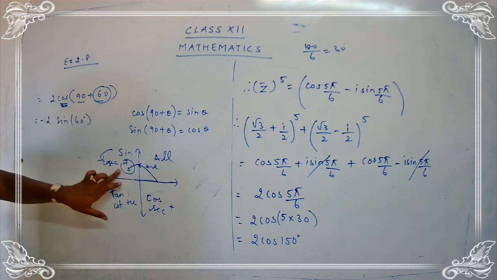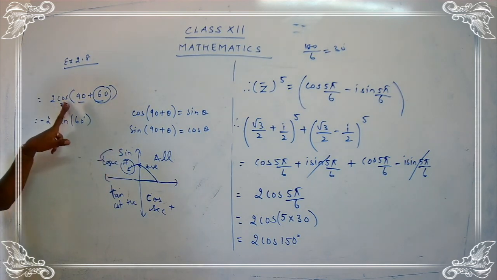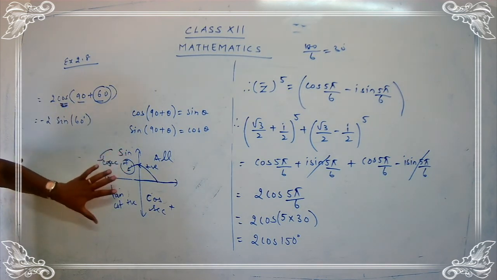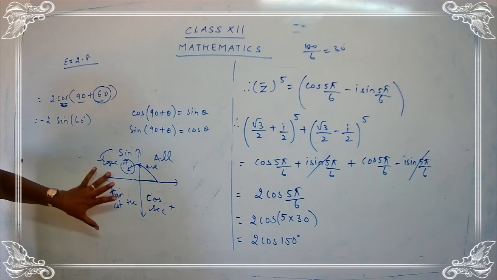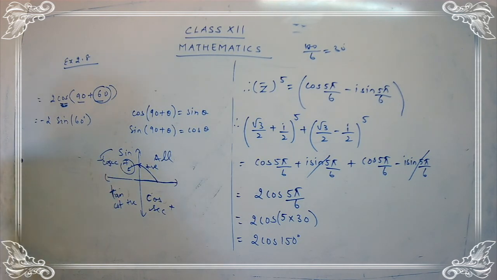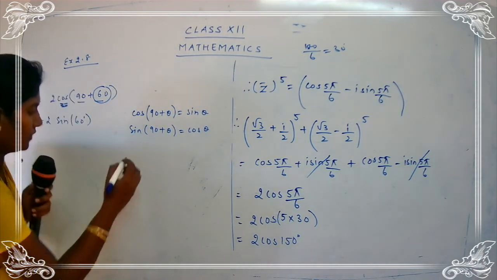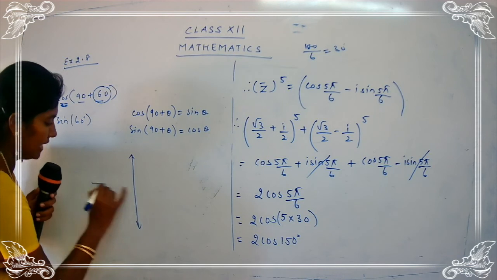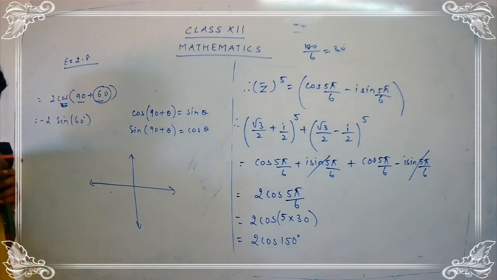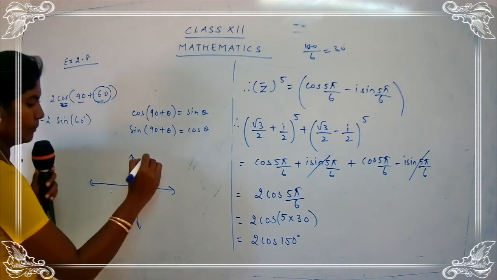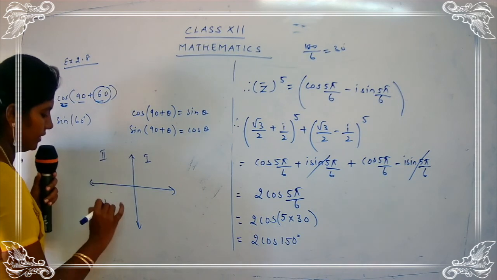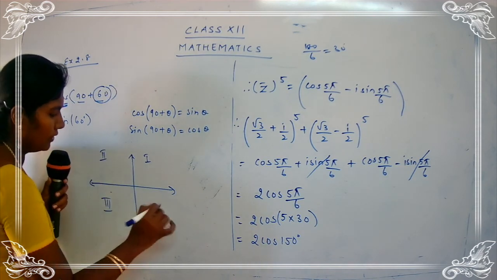And in the second quadrant, the value for cos is negative. Here only the sine and the cosec is positive. Okay. If you want, you can just take the table, because after a long gap you are seeing this rule. Yes, children? So just stay on the table. Many would have taken the table, many would have been just looking at that. Yes? Take down the table. This is first quadrant, second quadrant, third quadrant, fourth quadrant.